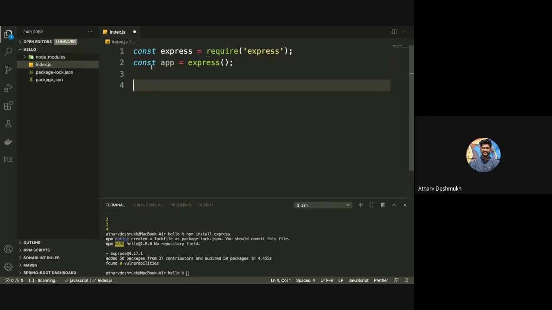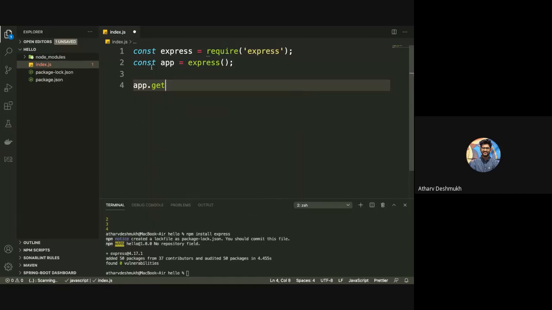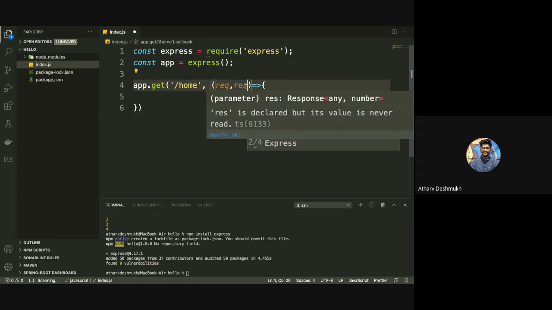Now I will create some request mapping. So app dot get, here I am using a get request, and here I will say /home, comma, and here I am using an arrow function. You need to do some research on what arrow functions are and some other stuff. I will share reference links for that, but for right now just bear with this. In this arrow function we actually use three parameters, but for right now we are using just request and response.